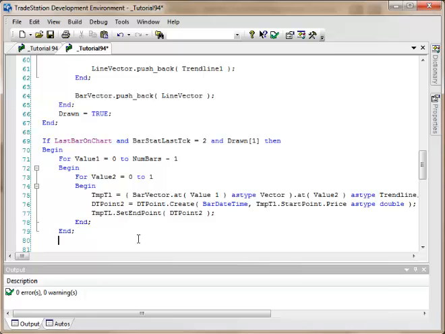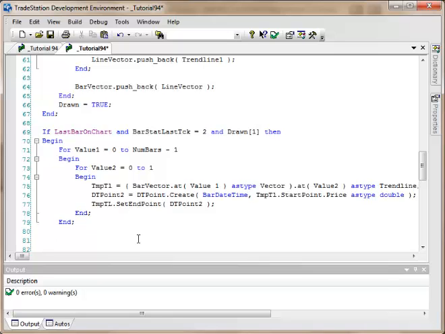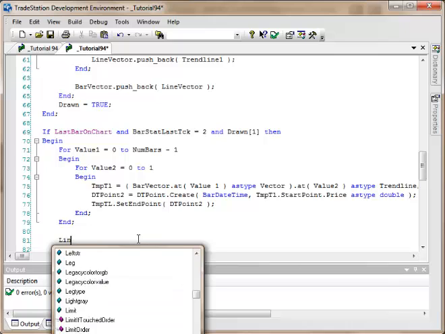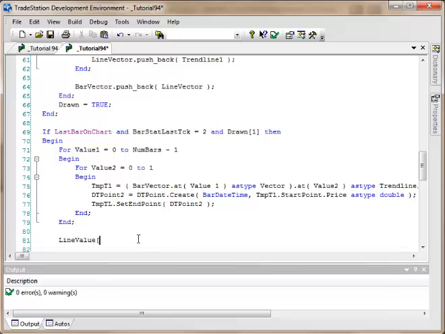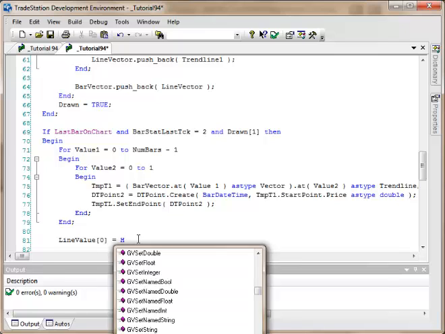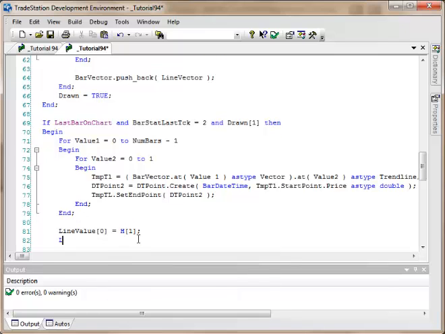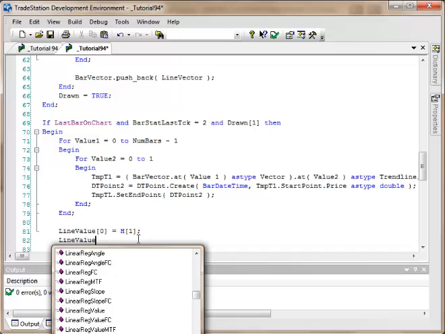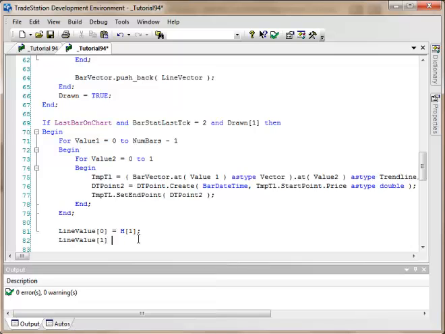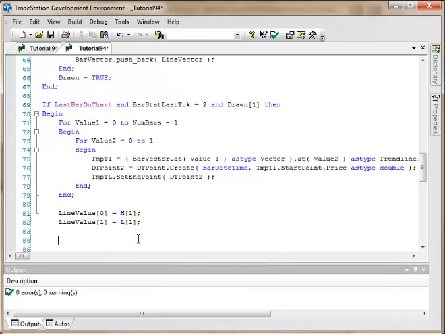What we also need to do is make sure that whenever a new bar starts to be formed, we take the oldest lines and we move them from the penultimate bar to the most recent bar. So first of all, let's refresh our line values vector with the latest high and low information. So we're just going to put that directly in position 0. It's going to be high 1 bar ago, and line value 1 is going to be low 1 bar ago,